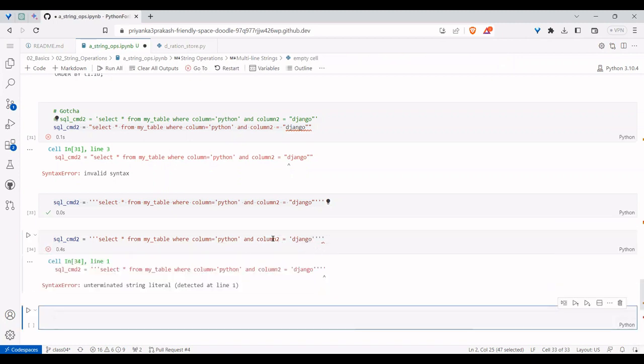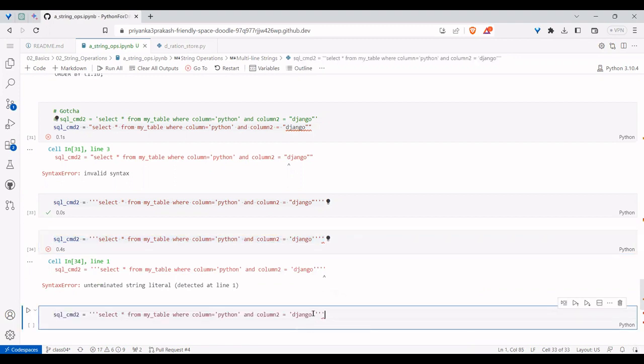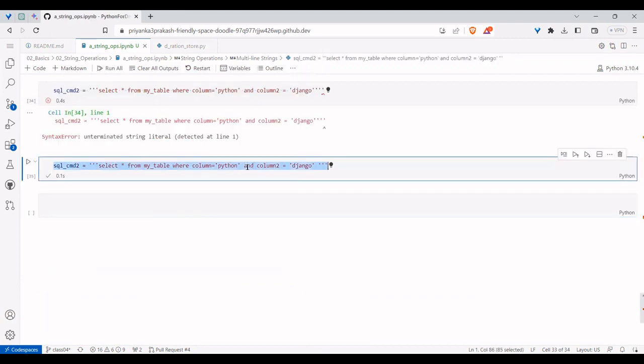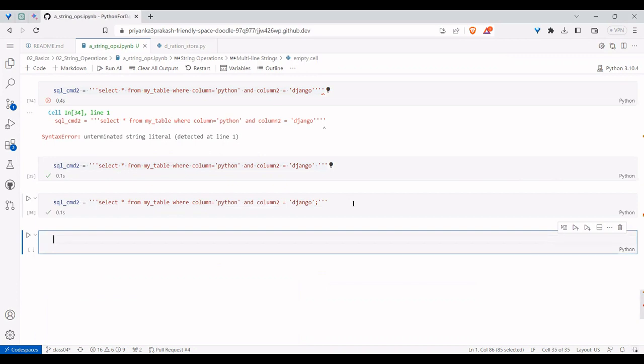If I do like this, then also it will throw an error. Though you have placed everything in triple quotes, did you see there is no white space in the middle? If there is a space, then it will understand. Observe very carefully whenever you're using single quotes. That's the reason they say the best practice is to write a semicolon at the end. Then no problem will come. Okay, so if I execute now, it will work.